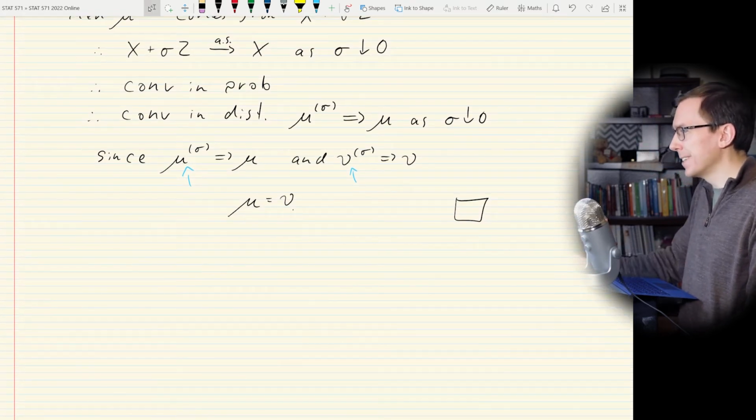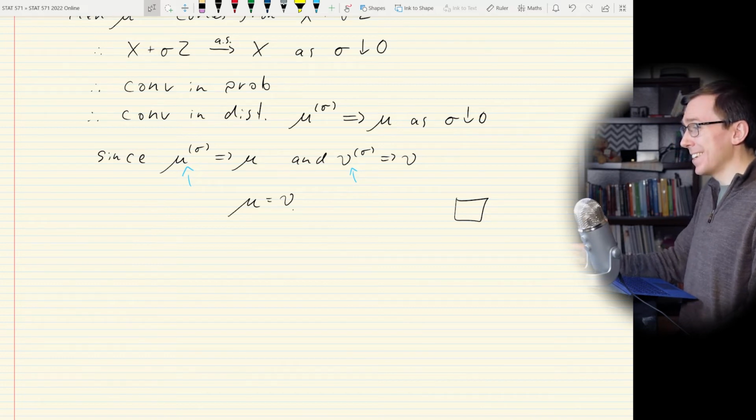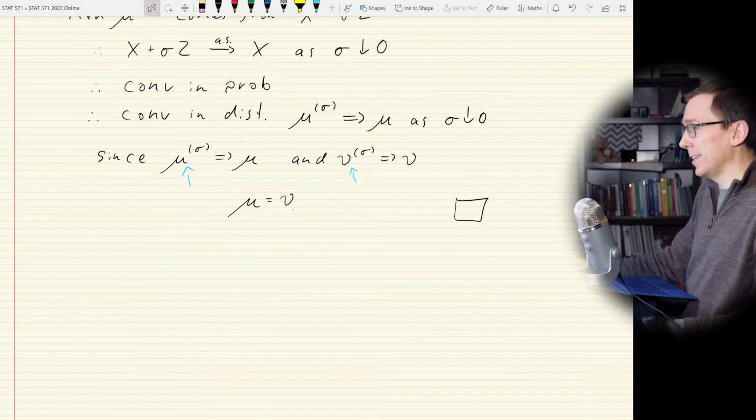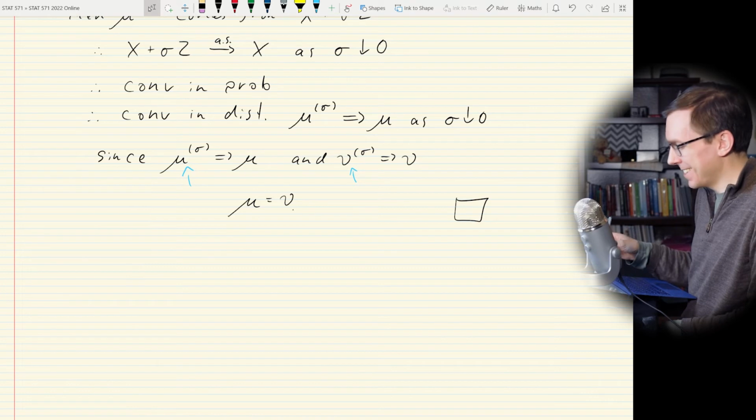Was that a... yeah, good. That's it. All right, so that's pretty cool. Now we can state the central limit theorem, state and prove it, and we're done. Well, it's going to take a little bit, but...